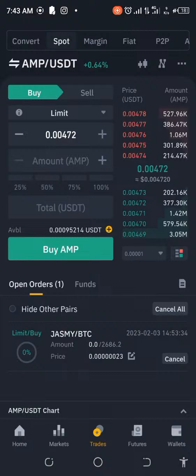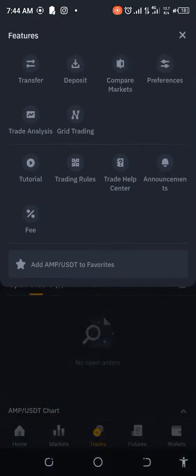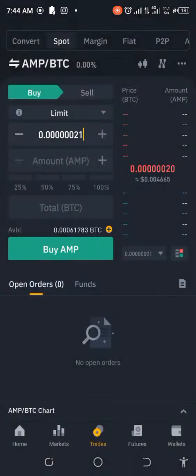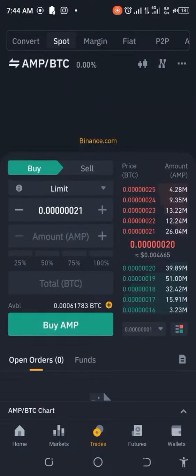Okay, so what I'm going to do first and foremost is cancel this trade. So once I cancel that, it releases back my BTC, and then I go ahead to do this for BTC. And let's hope that this works. So now what I'm seeing here is